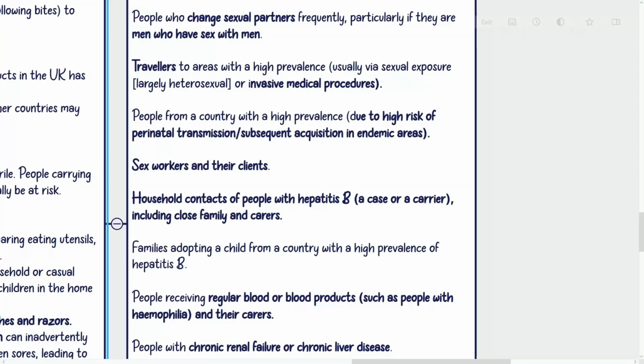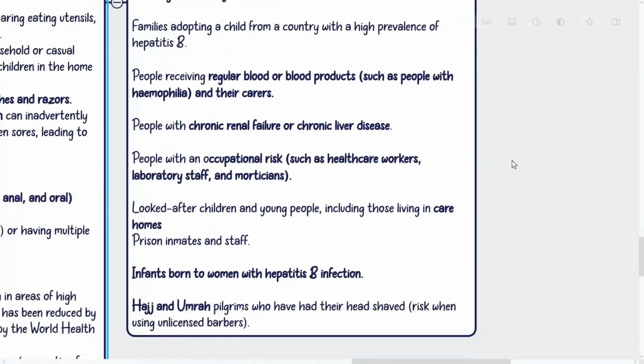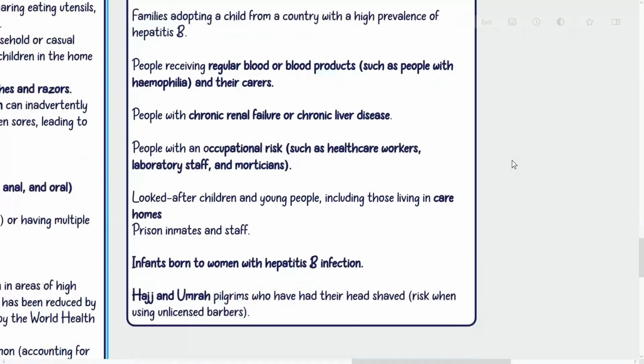household contacts of people with hepatitis B, a case or a carrier, including close family and carers, families adopting a child from a country with a high prevalence of hepatitis B, people receiving regular blood or blood products, such as people with hemophilia and their carers,